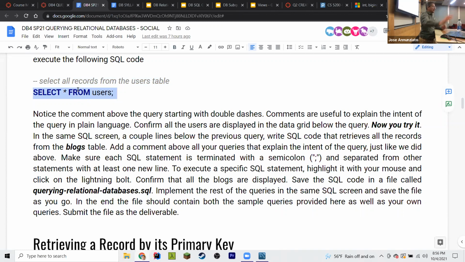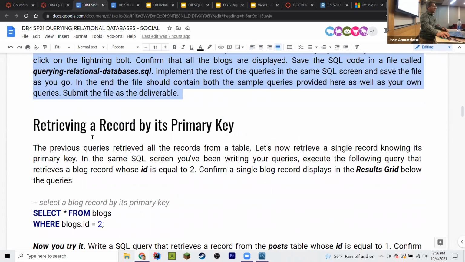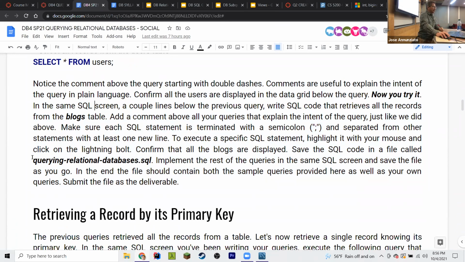And then I ask you to write one on your own. For instance, I give you this one, and then I ask you to do the same thing for the blogs. All these queries have to be done in a single file, and you're going to save it as querying relational databases SQL, and that's going to be part of your